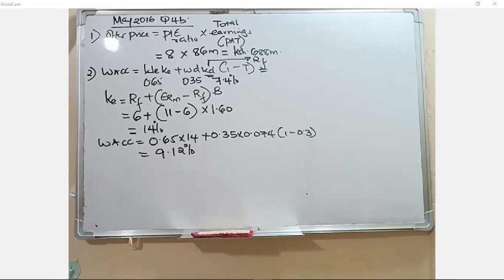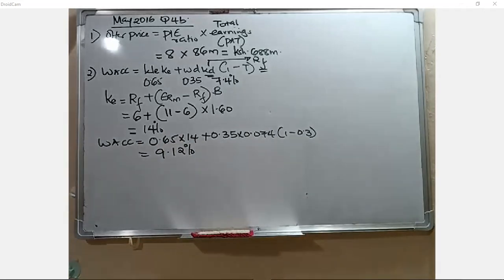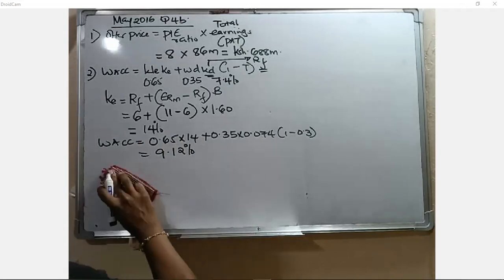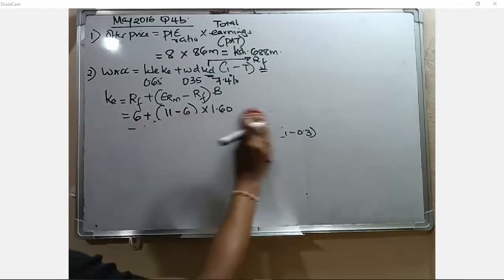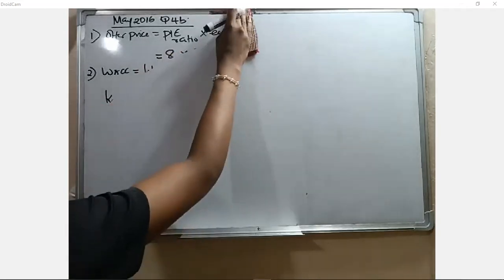So in this case, just ask yourself, how am I going to be getting part 3 now? Because I know my discount rate. Then I am supposed to be focusing my attention on the computation of the net cash flows. So how am I going to be getting this? Very simple again.